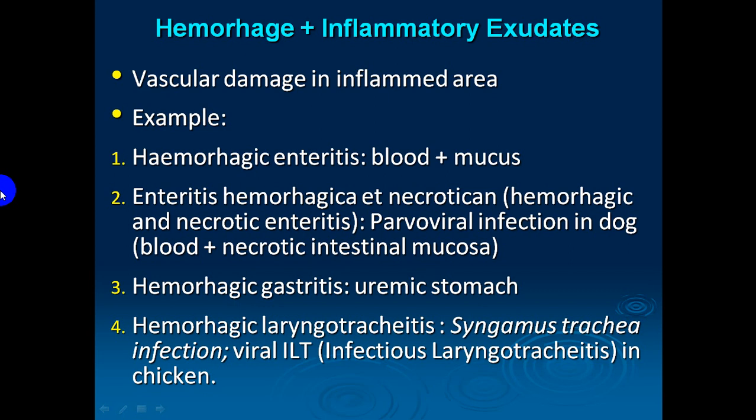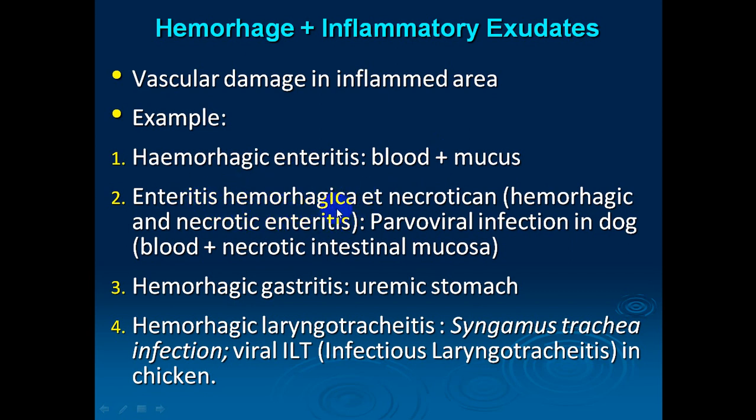All the accumulation of these events, we call inflammation. So during inflammation, the blood from hemorrhages can also mix with mucus, for example, in the case of intestinal inflammation or enteritis,